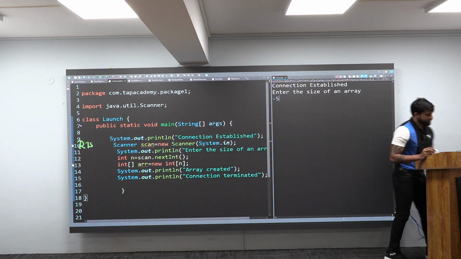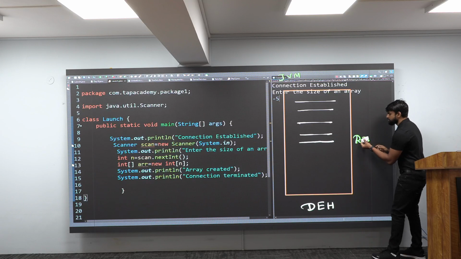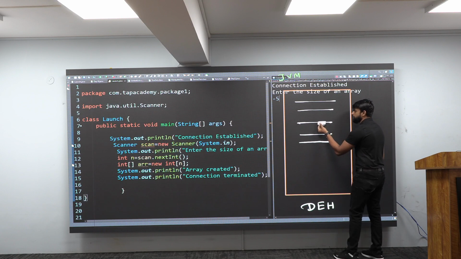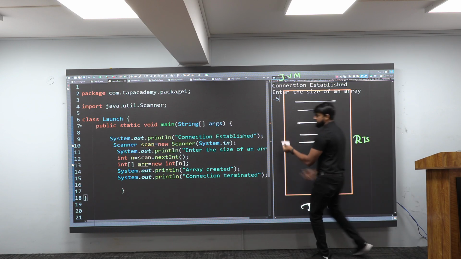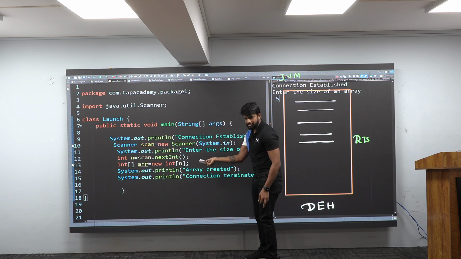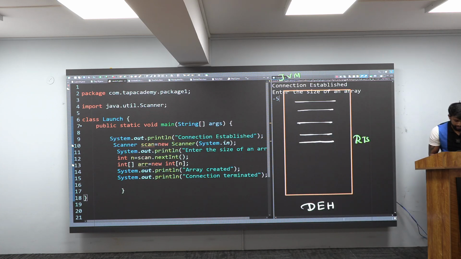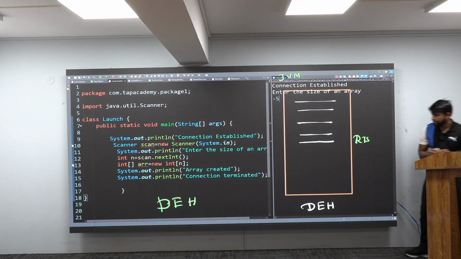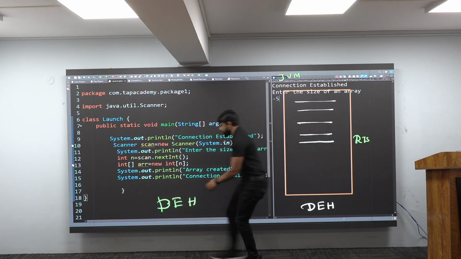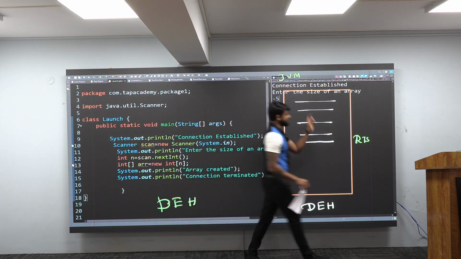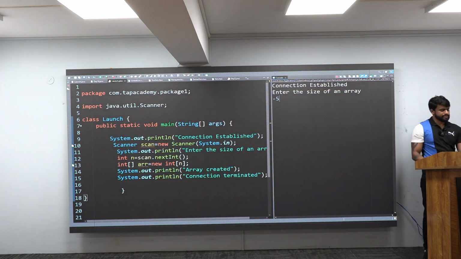And where will it go? It will reach the runtime system. The runtime system will go to the same program and check for a user-defined handler. Now tell me, does this program have try and catch? No. Since you don't have try and catch, it will take this object back and give it to one person, the default exception handler. This object is thrown to him, this fellow will 100% open this report and read it. When he reads it, that is when we get the output in this way.